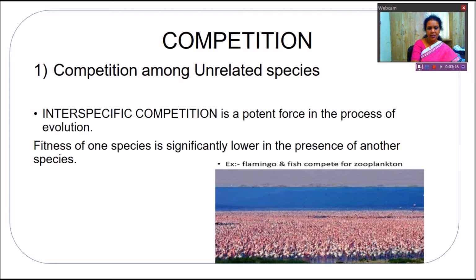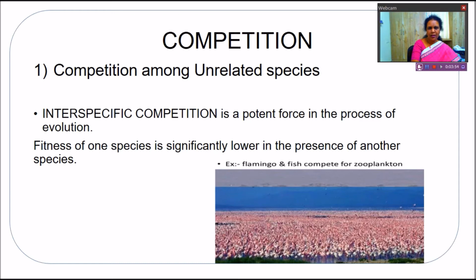That means one species is able to take the resources efficiently, and this fitness of one species is called R, that is the intrinsic rate of increase. If the fitness of one species is more, the other species will not get the food because of the presence of this more fit organism. So interspecific competition is a potent force in the process of evolution,